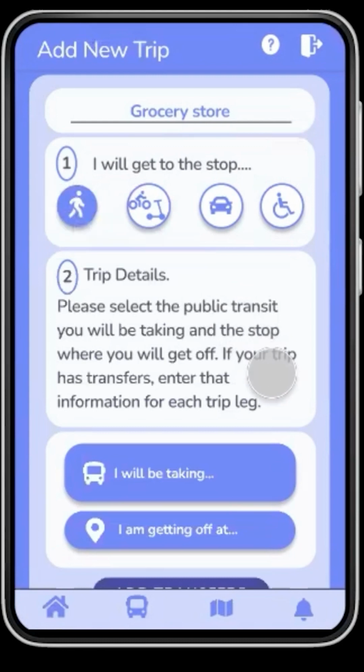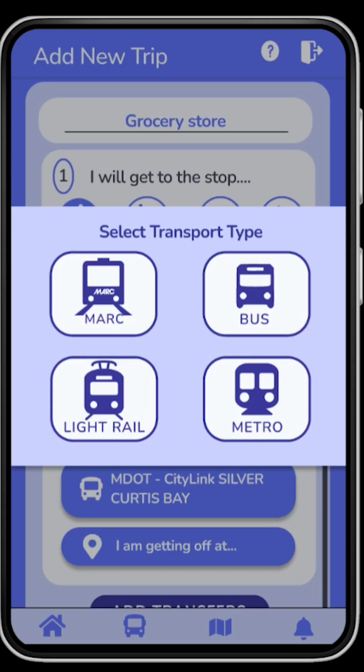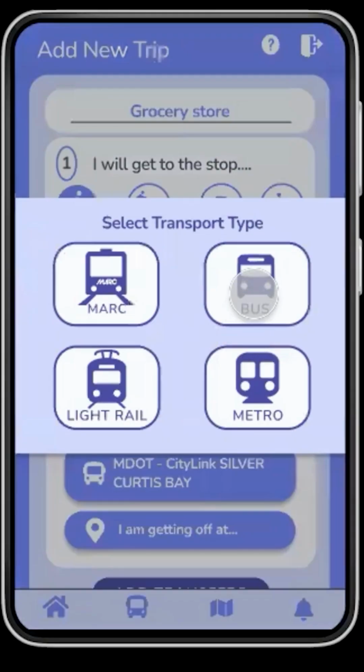Your trip might have multiple parts, which we call trip legs. For example, you might take bus Citylink Silver to Charles Street followed by the Metro subway link to Citylink Station. For each leg of your trip, please select the public transit you will be using, bus, metro, light rail or mark by clicking on the button that says I will be taking,